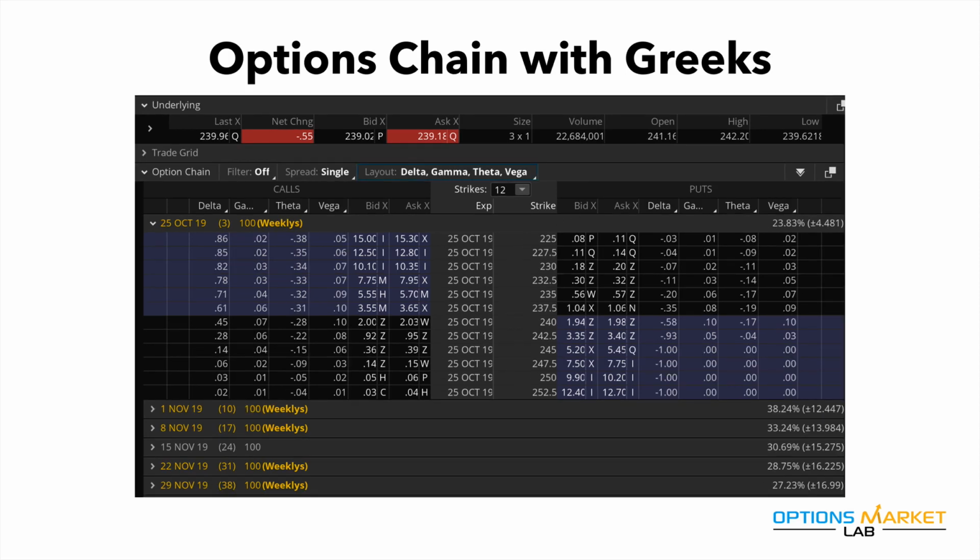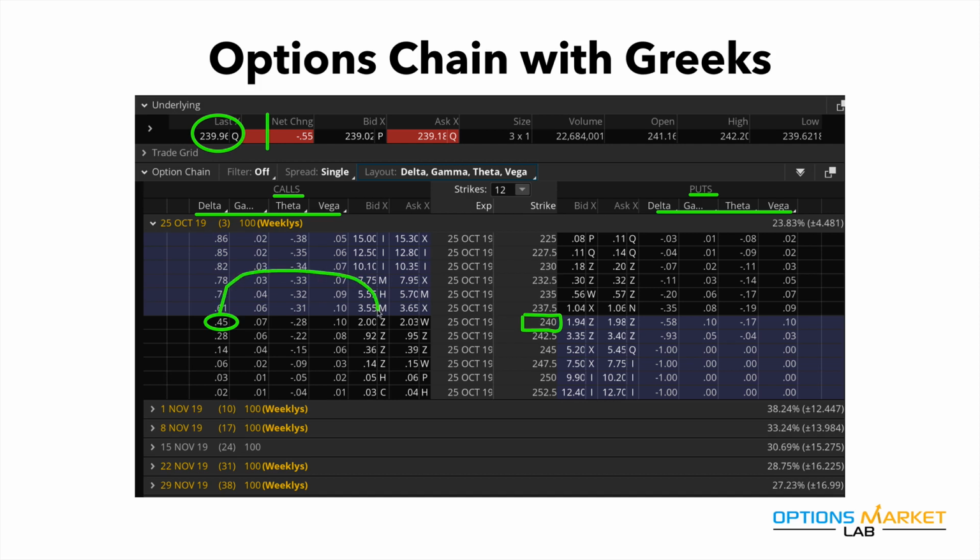So once you open up your options chain and you click on this layout section right here on the top, you have this option to view your delta, gamma, theta, and vega, which are your Greeks. Once you click on this, they will be displayed on both sides, for calls on the left, puts on the right. Now, let's focus on the $240 strike price. For calls, we have 45-cent delta. So what that means is from the current trading price, which is $239.96, every $1 move, we will add 45